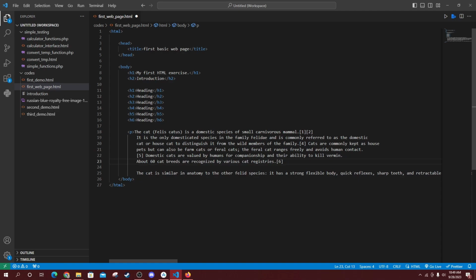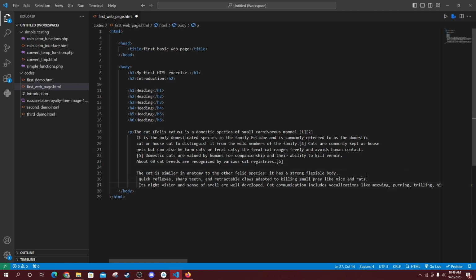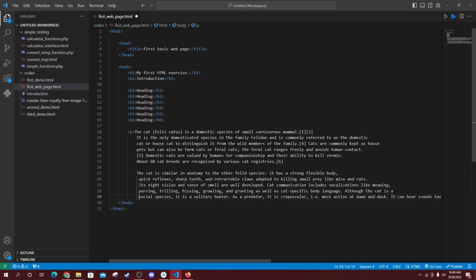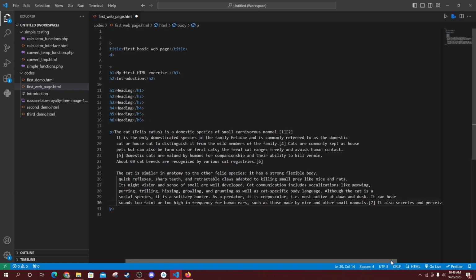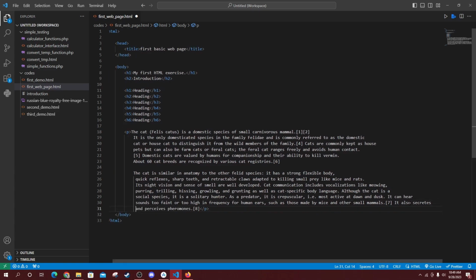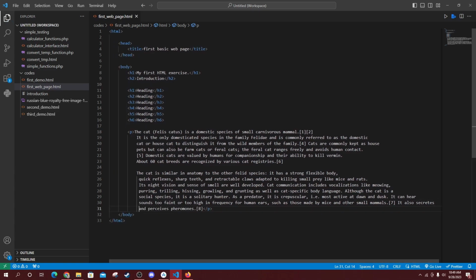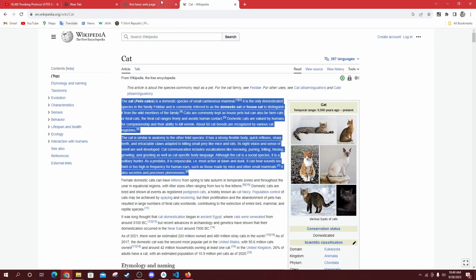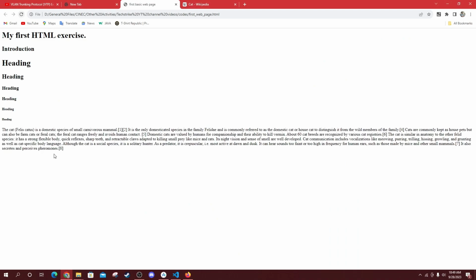Okay, for now, this is the first paragraph. This is the second paragraph. How long is this? Yeah, this is the second paragraph inside the p tag. And then go to your web page, refresh it, and you can see this is constructed as a paragraph. And you might wonder,